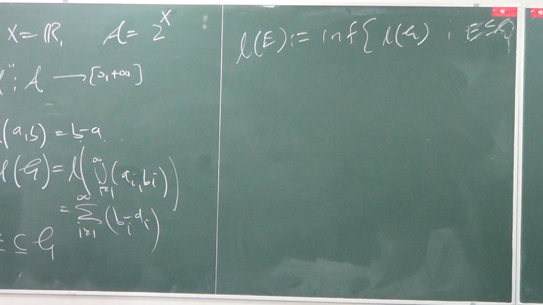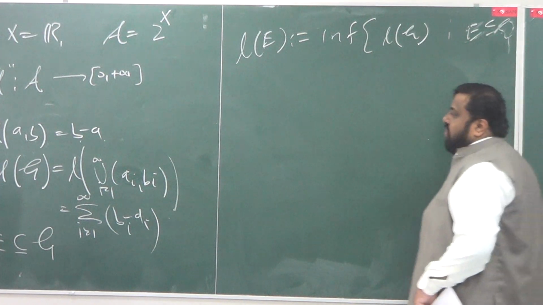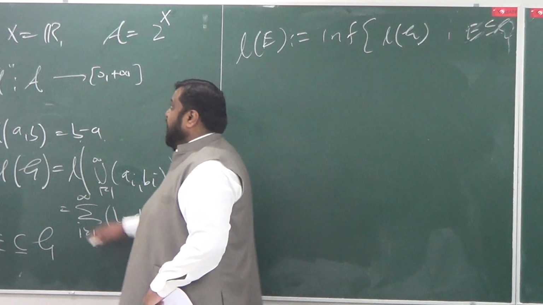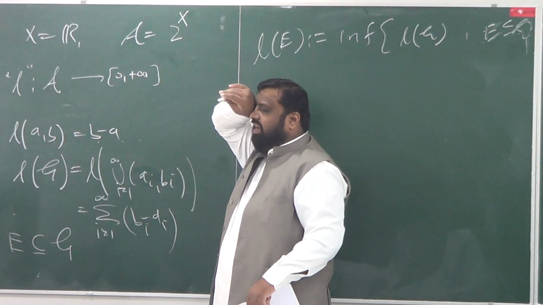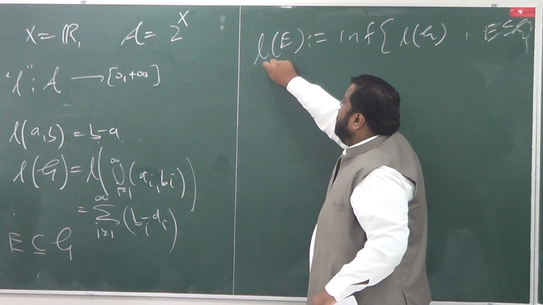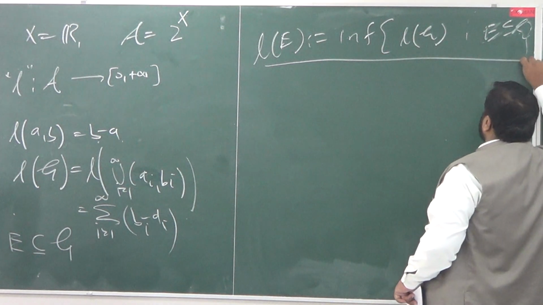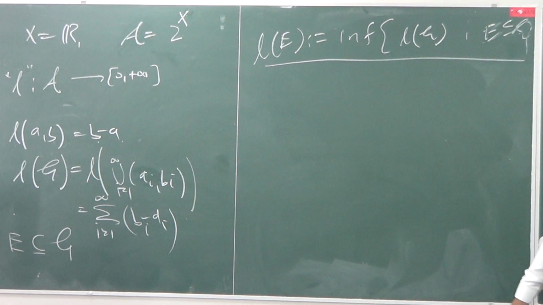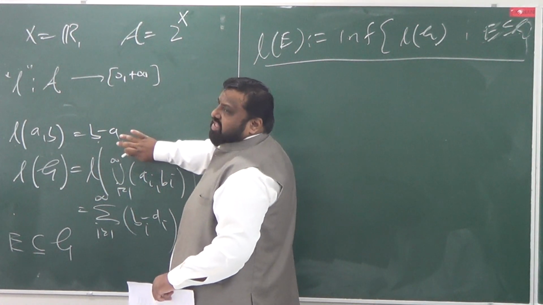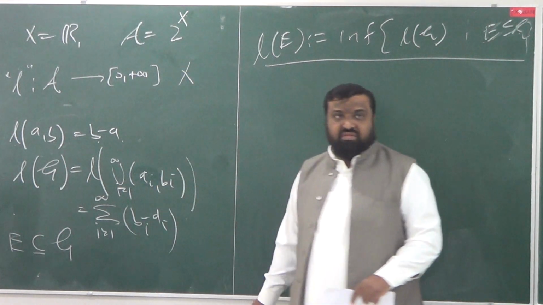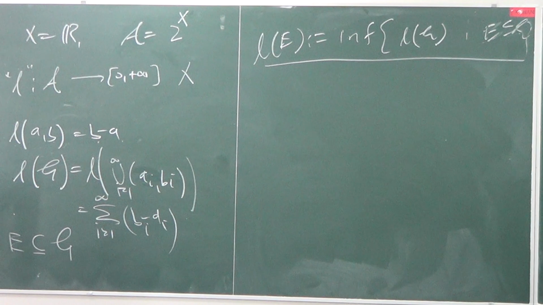This could be one trick. But the trouble is that we can show, and we're going to show today, that there are some subsets of R for which you can't compute the length in this way. In other words, this notion of length defined in this manner is not even well defined, because there are sets for which you can't assign any notion of length. This is what the trouble is.